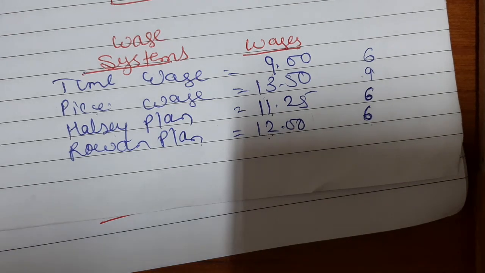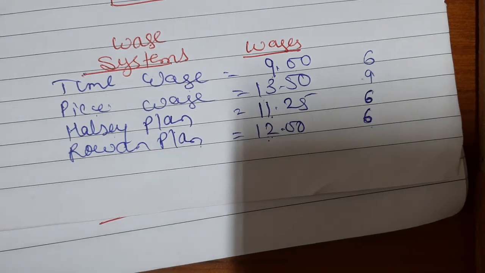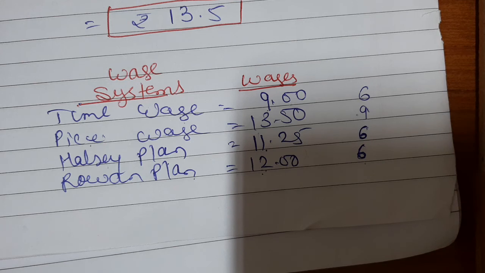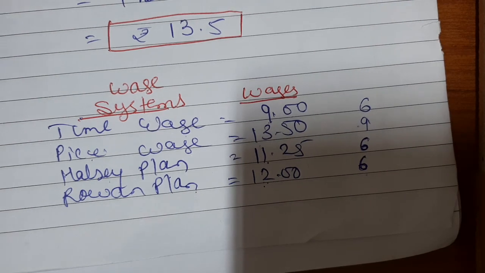It may so happen that for a temporary time period, one wage system is applied. Generally, one wage system is applied for the entire year, but multiple wage systems can also be applied as per the nature of the production, right? So right now we have solved 2 examples. Our today's session is divided into 2 videos, so we'll be solving the next examples in the next video.